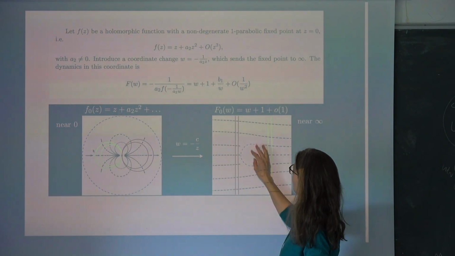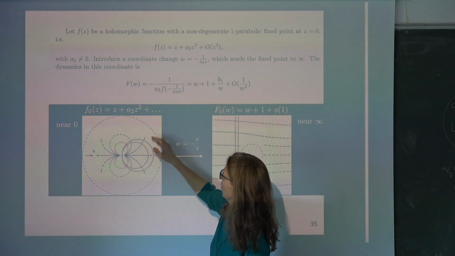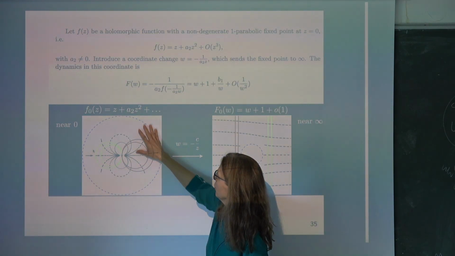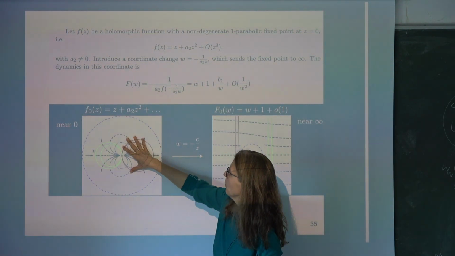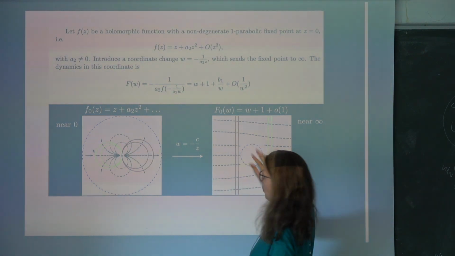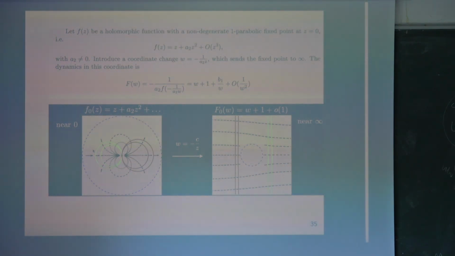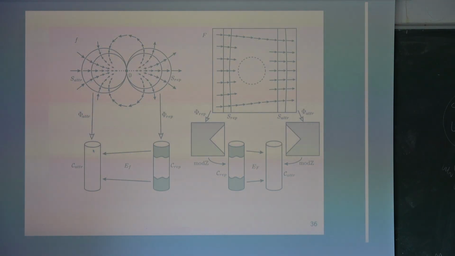You have to avoid some parts because this conjugacy works only if you are in a domain which is bounded. So if you take 1 over Z, you have to avoid the neighborhood of infinity and go to a small neighborhood of 0. So you understand that what you are looking at is just a translation. So it's very easy. It's almost a translation, and there exists a theorem. I don't know, you will not have time, but I can sketch. Okay, this is a picture.